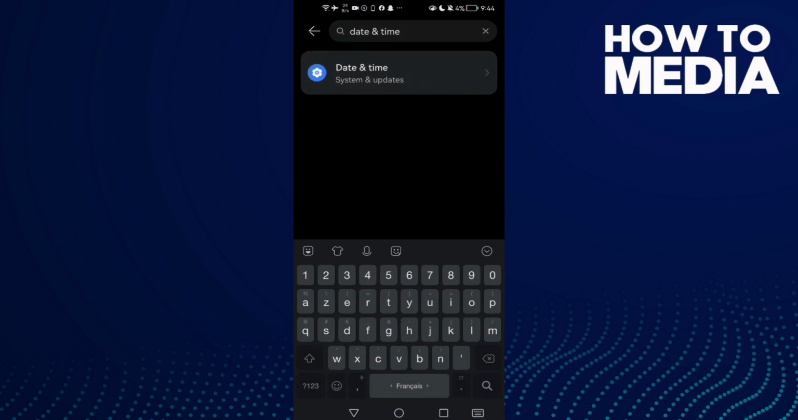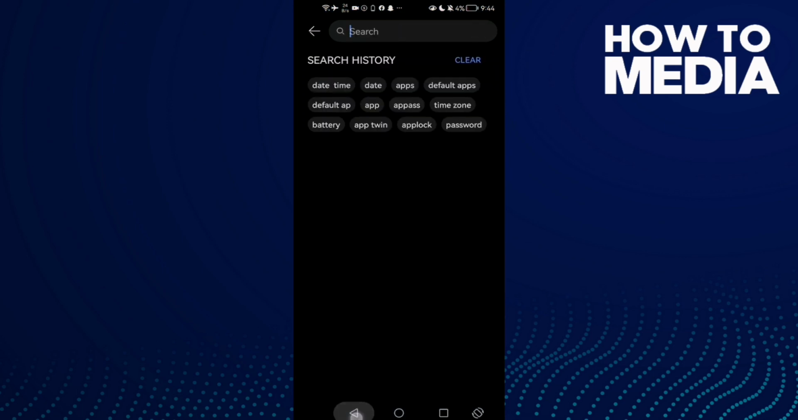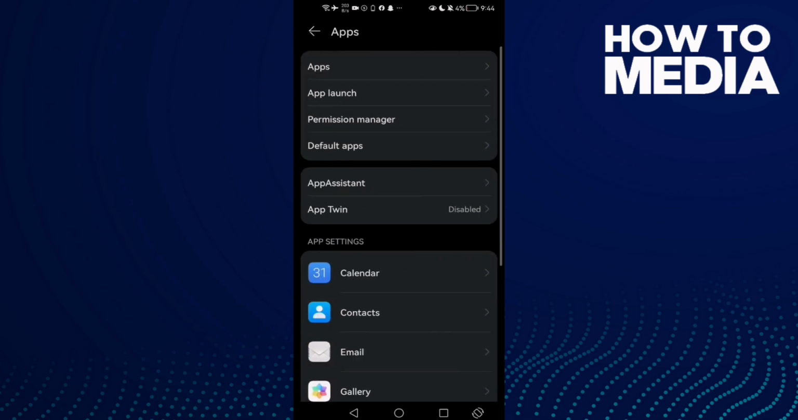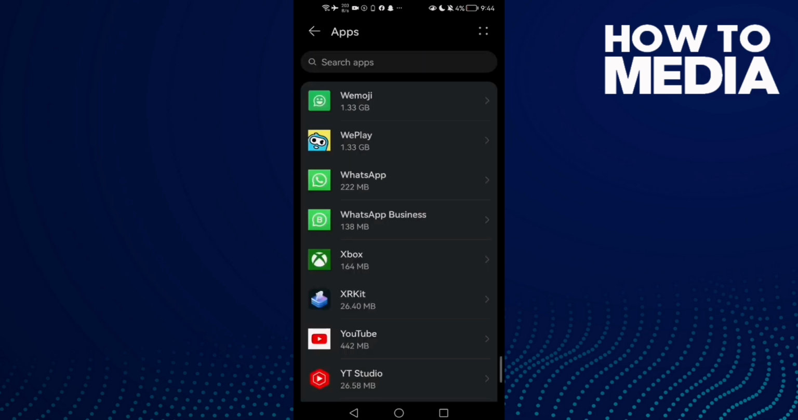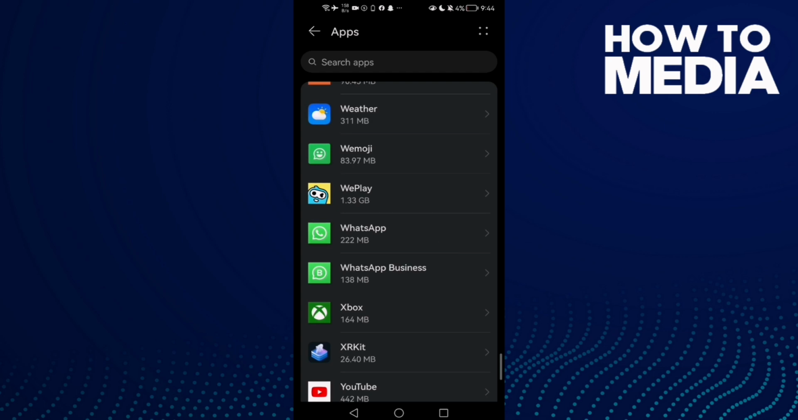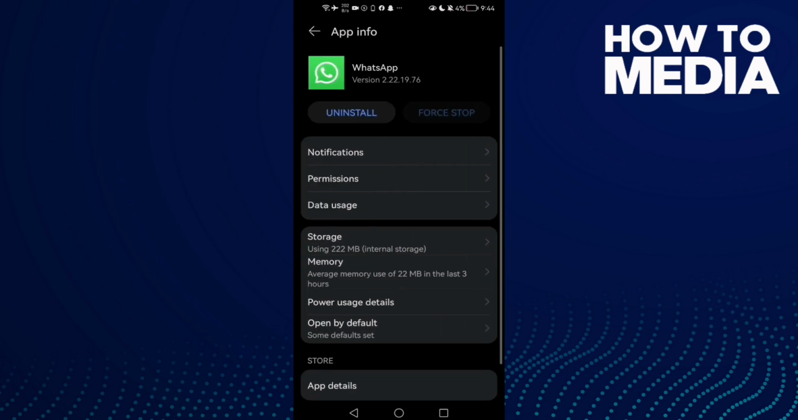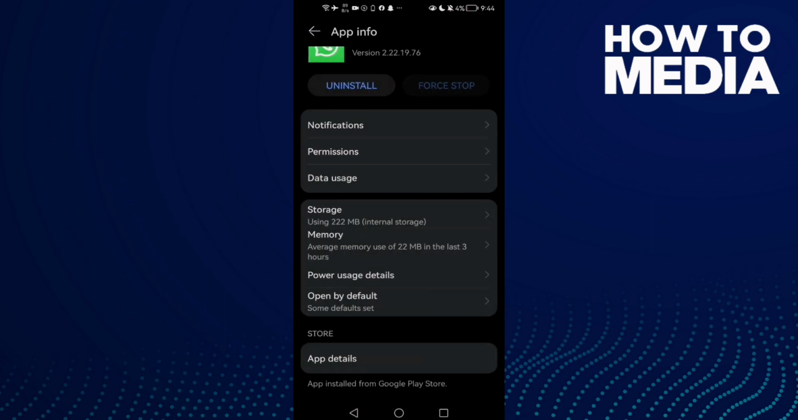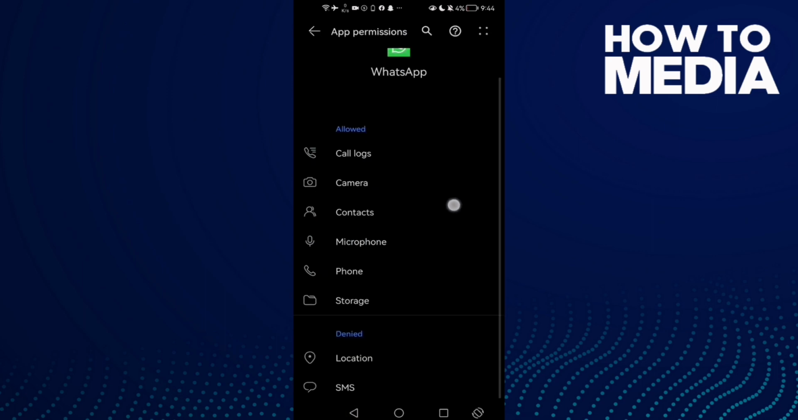First just open settings, and then scroll down until you find apps, and now click apps again, and then just click WhatsApp, and then click storage here, and now all you need to do is just click clear cache,